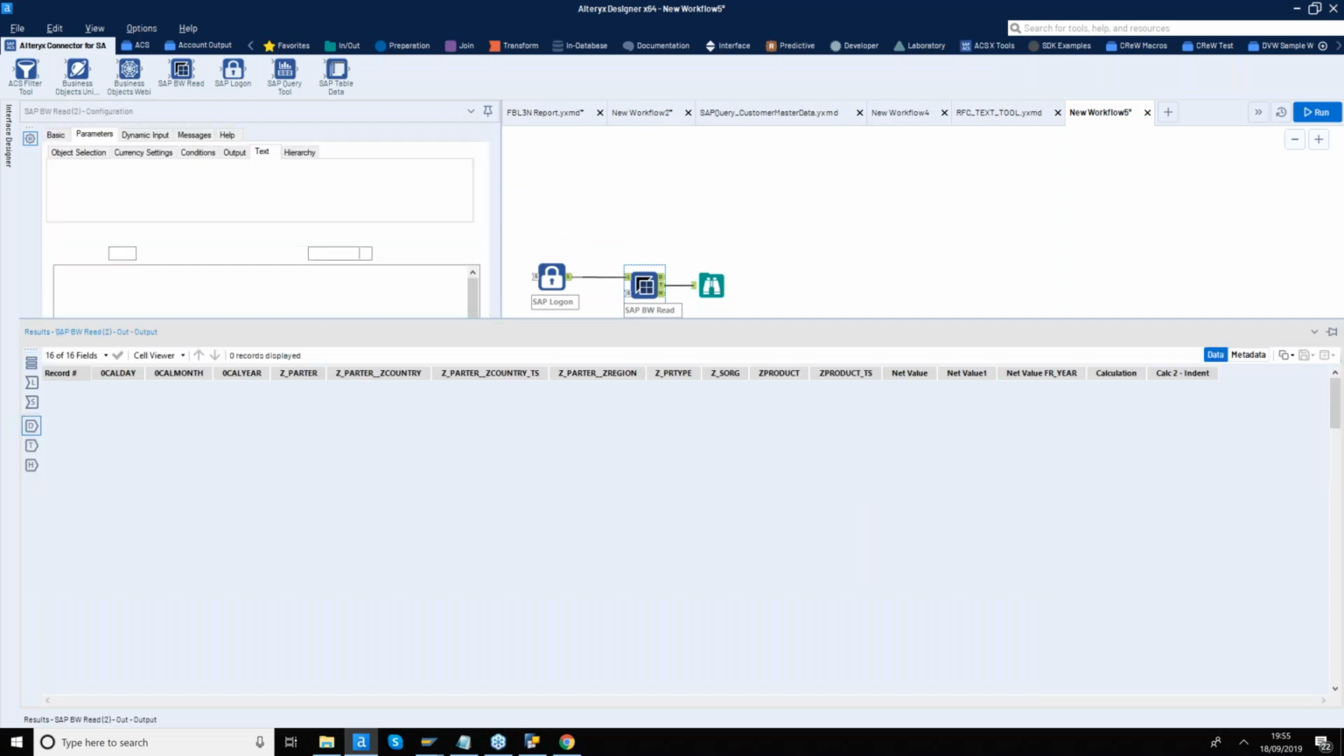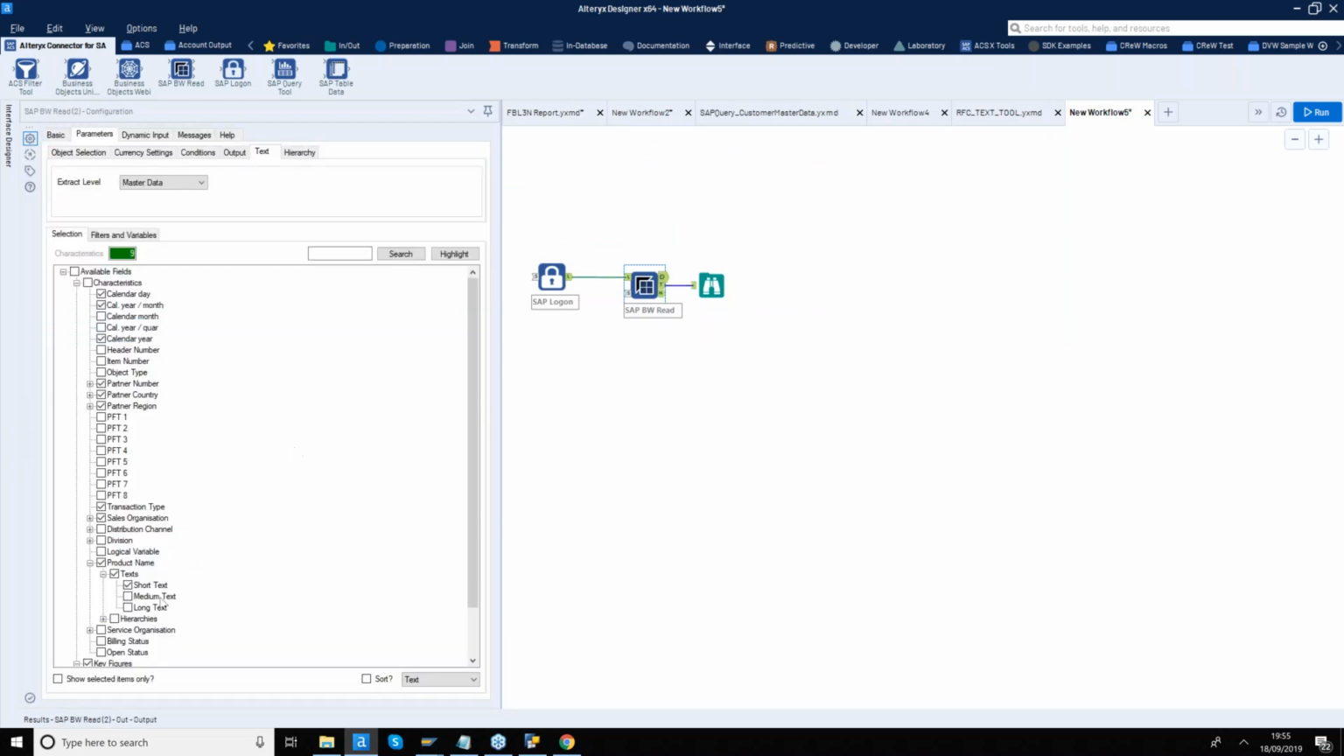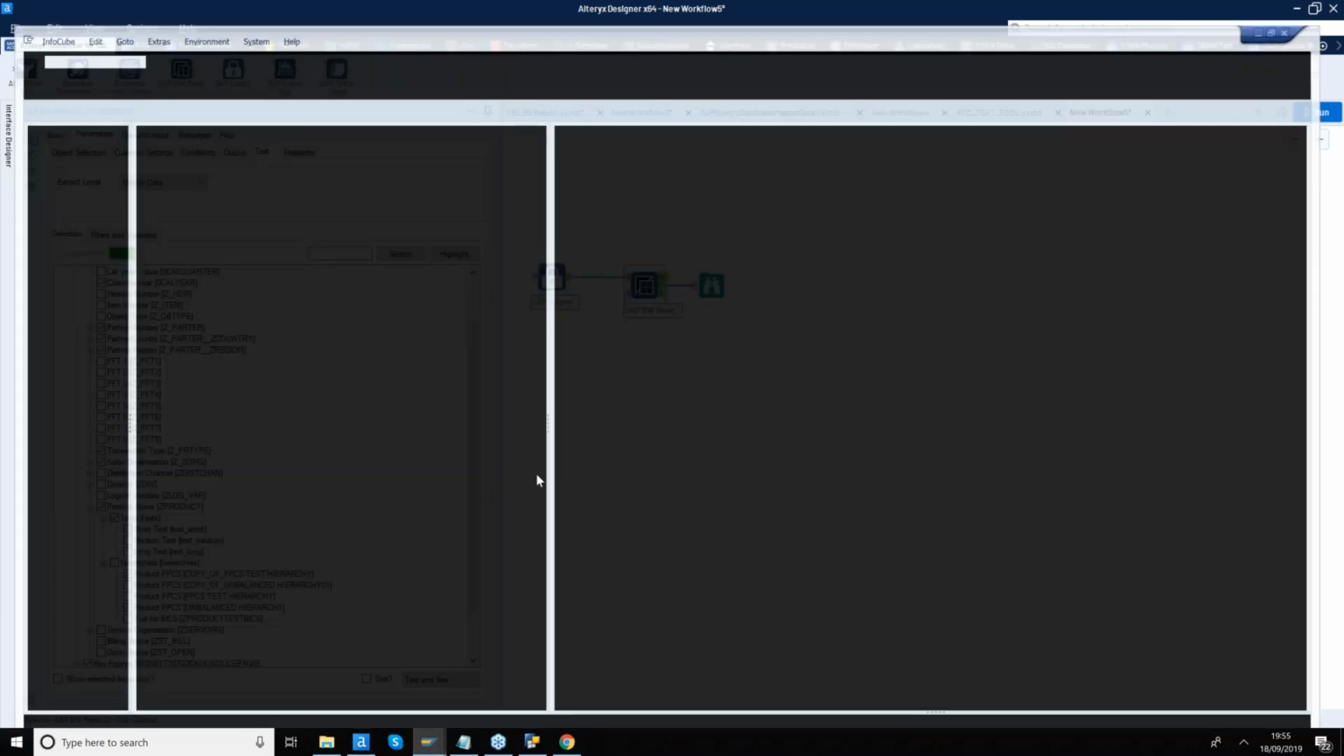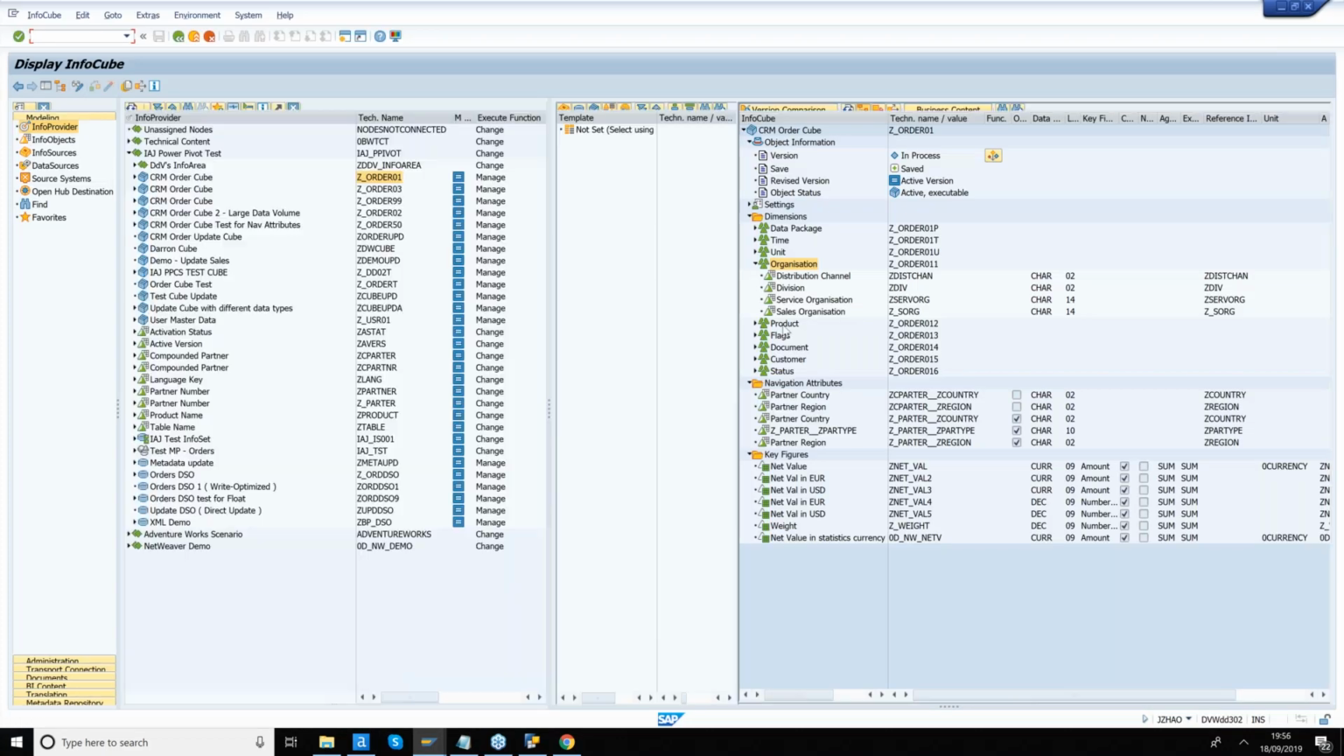Now, under the hierarchies output here, you can bring the hierarchical information. Sometimes you will have, for example, hierarchies built for a given field. In fact, it's very typical within the BW system to have hierarchies. In this case, we are going to extract the product hierarchy. Now, if you come across to the SAP system one more time, and if you, for example, double click on this product field,